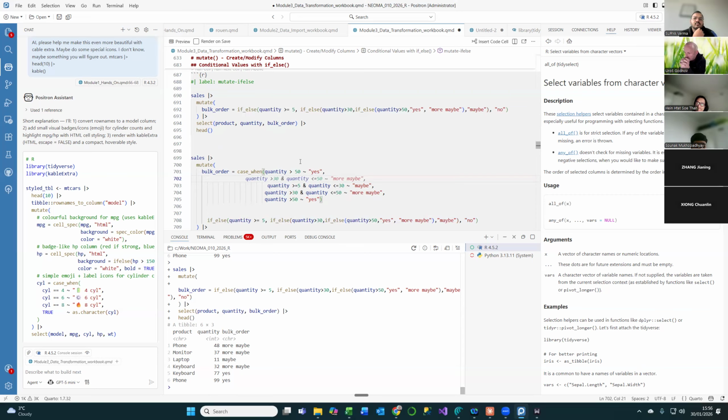No, we don't need to add it. Why not? Because we know the limit from the first one. If it is false, it can't be greater than 50, okay? So here we only need to specify